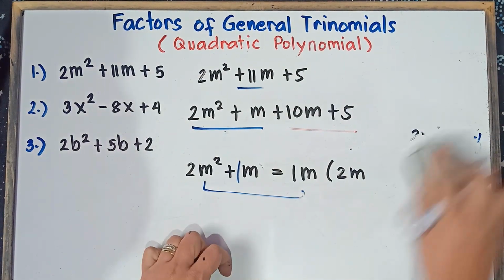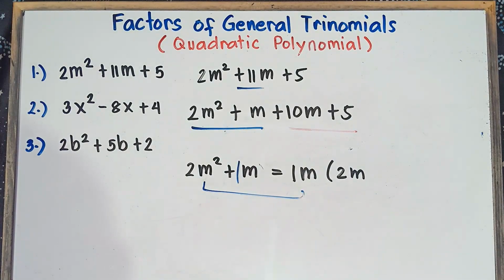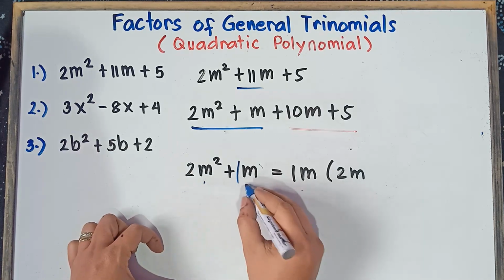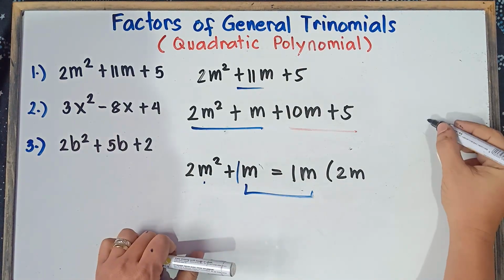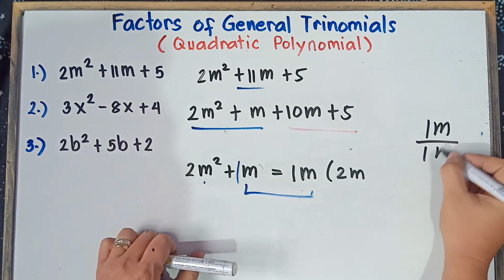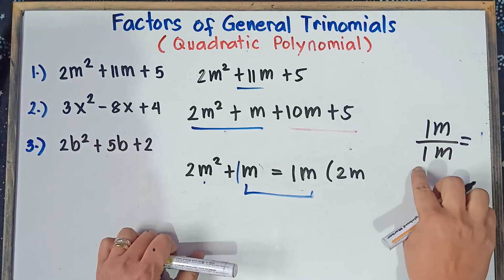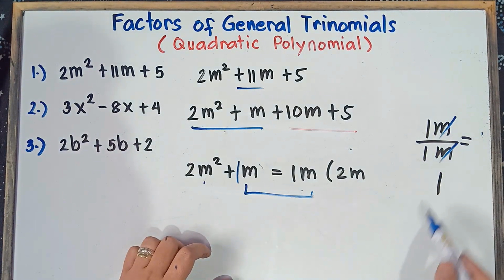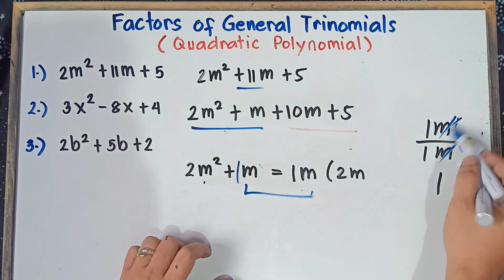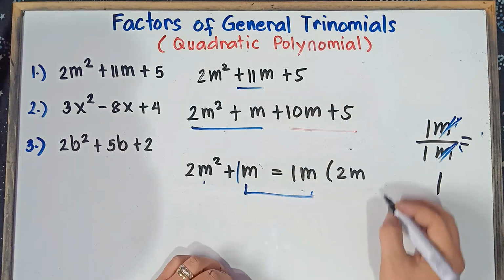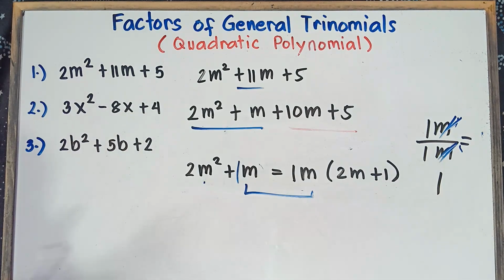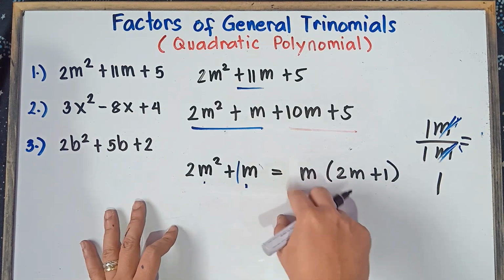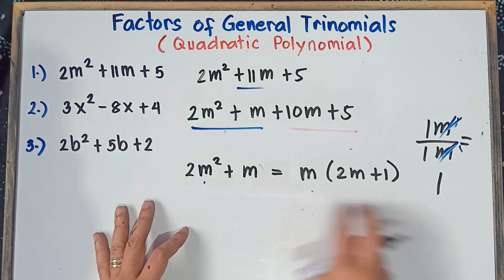Alright, and the next step, class, simply divide this one. We're done with this one. That would be 1m divided by 1m. So 1 divided by 1 is 1. M divided by m, simply cancel m. Same variable and then same exponent, simply cancel m. So therefore, the answer is 1, positive 1. Alright, so this will be the factor. So we can erase 1. Understood that there's 1 here.